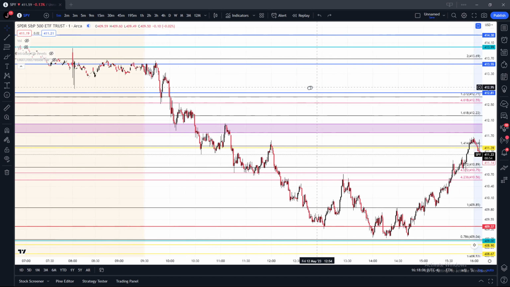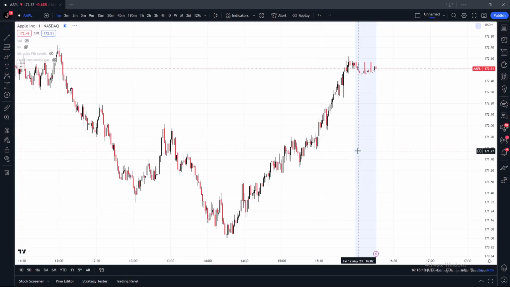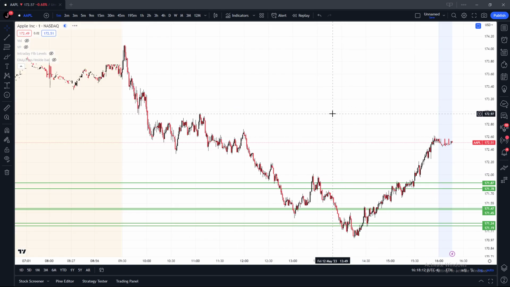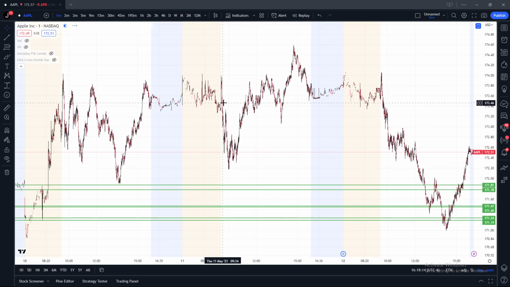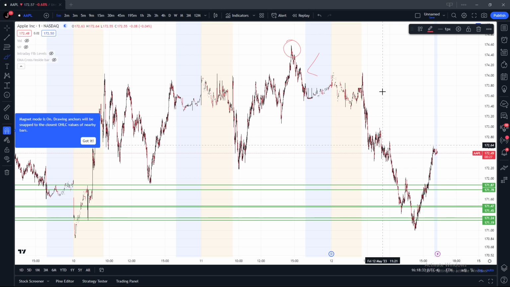Now, I will say there are minor, minuscule details that I think traders also miss. So in this example, I'm going to show you Apple, where the market was positive post Wednesday and Apple made a new monthly high, and then all of a sudden rug pulled and flushed, right? What does that mean to you as a trader? How does that affect you? Well, obviously, if it shows a new monthly high and you're going into the weekend and it starts flushing from then on, you can perhaps build a thesis.